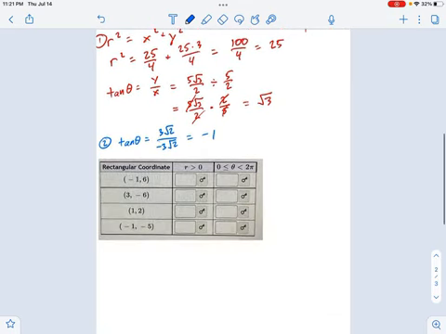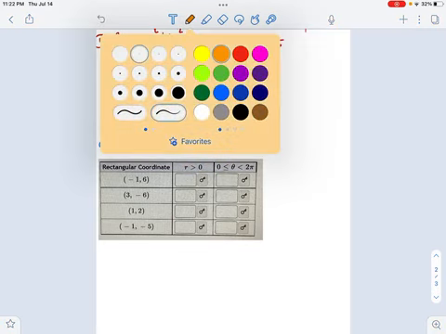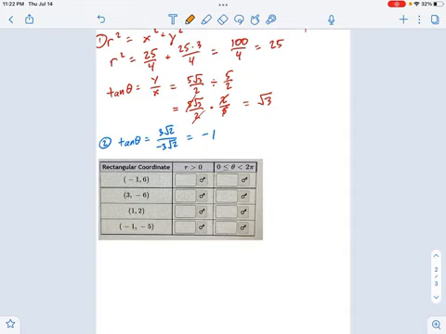So now let's come down here to the third example and see what the big deal is. Because if anything, these numbers look nicer, right? There's no square roots. But take a look. Here I just did quadrants 1 and 2. Let's pick a quadrant 3 angle, right? I can see right away this is quadrant 3 because it's negative x, negative y. So let's go through the process. I would say r squared equals negative 1 squared plus negative 5 squared, and that's equal to 26. So that means r is the square root of 26. Well, that's not pretty, but it is a number, so don't worry about it too much.